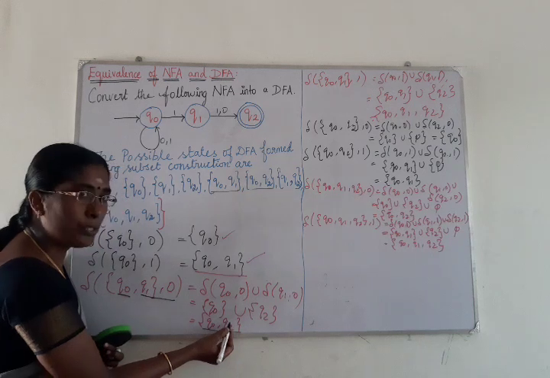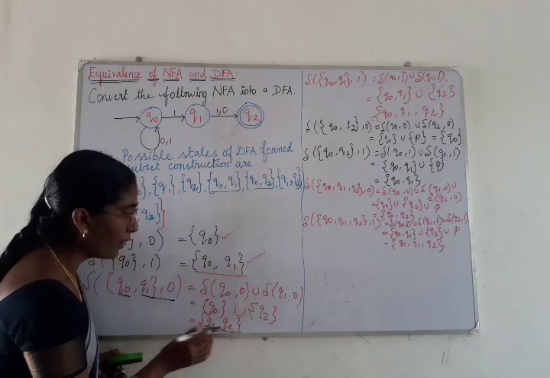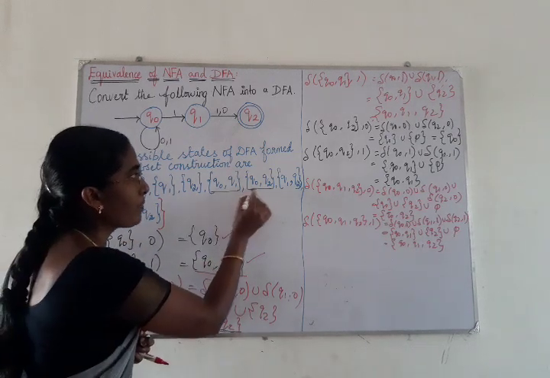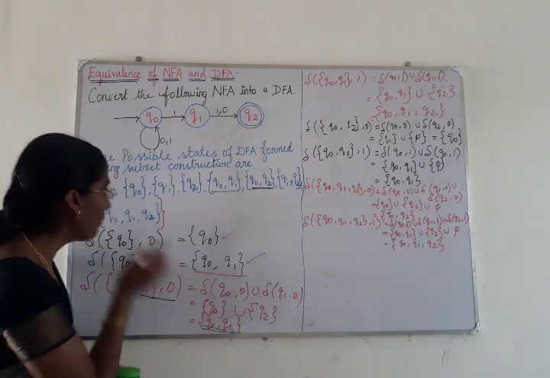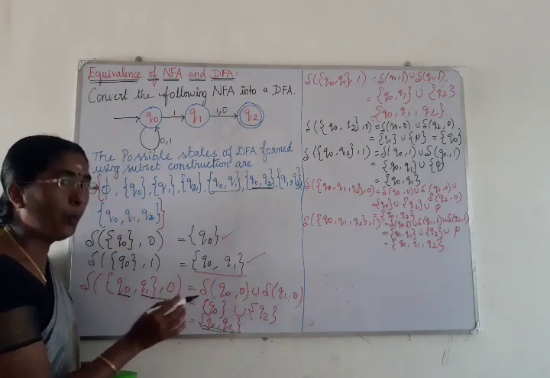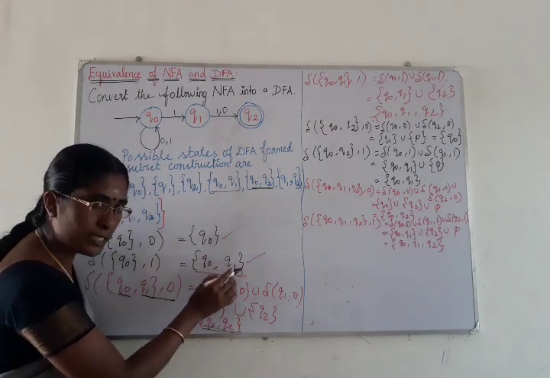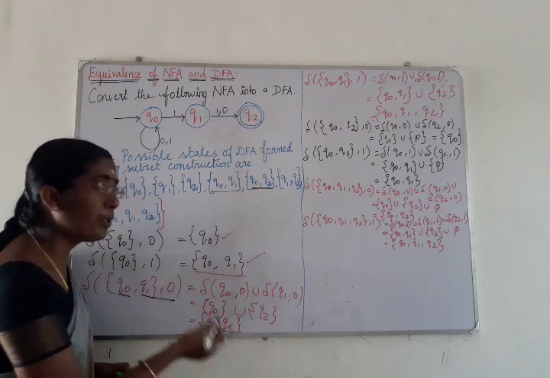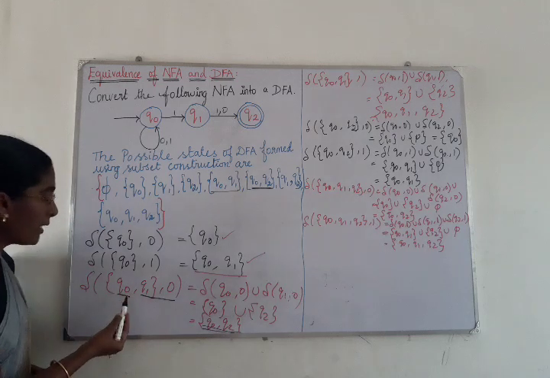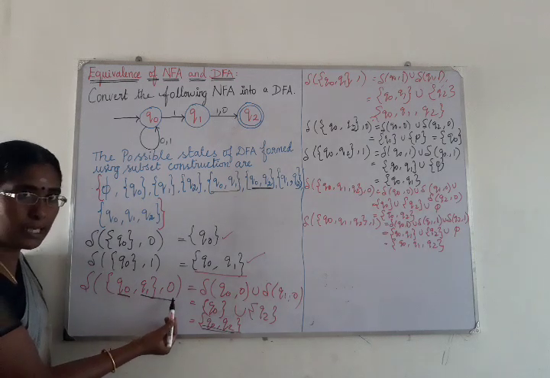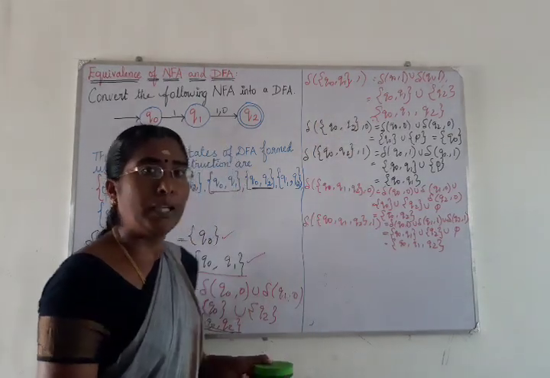Q0, Q2 is a new state formed for constructing the DFA, and it was already formed in the subset construction. It is reachable from the state Q0. Till now, the states reachable from the start state Q0 are first Q0, Q1, and next Q0, Q2. We extended Q0, Q1 for the input symbol 0. Next we have to extend the state Q0, Q1 for the input symbol 1.